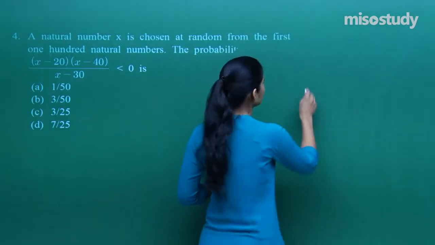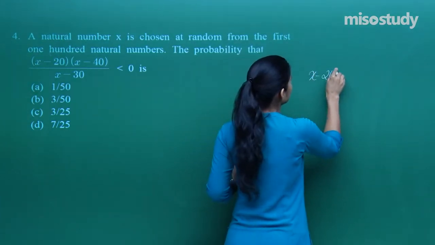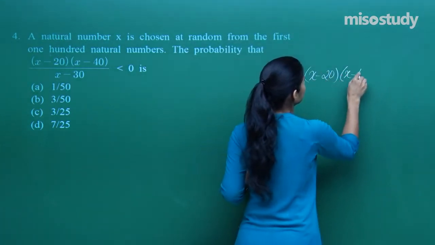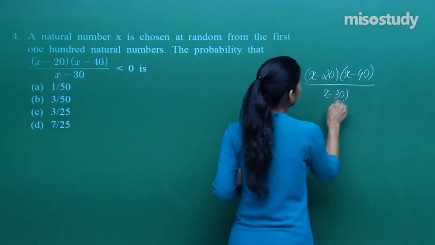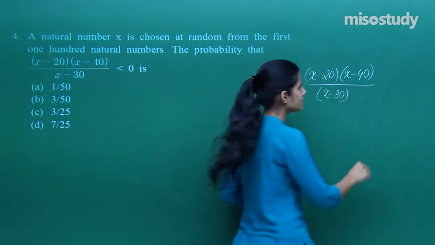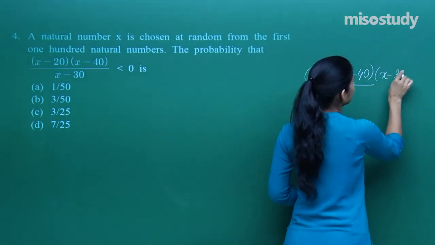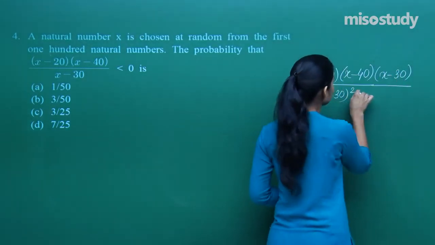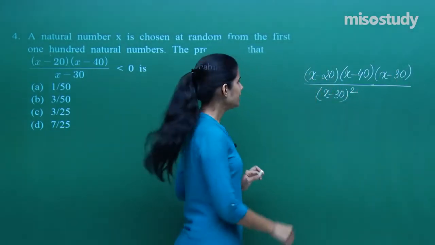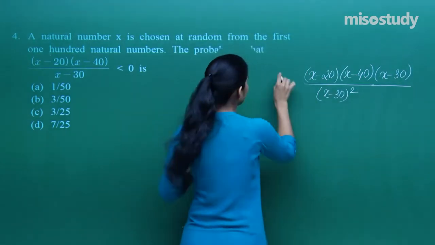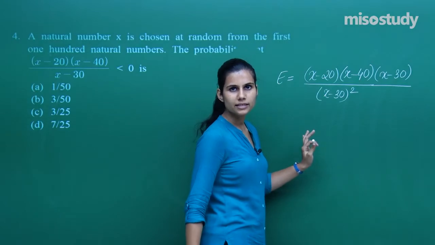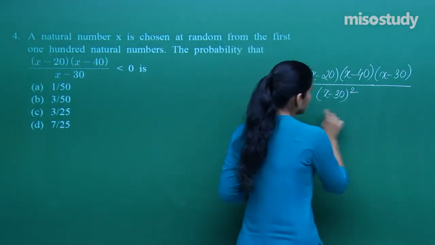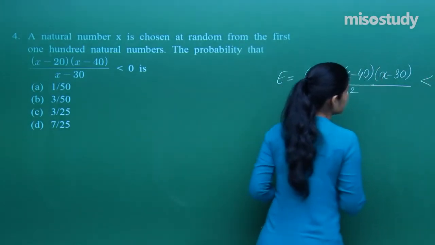Now, if I talk about this expression x minus 20 into x minus 40 upon x minus 30, I can alternatively write it as x minus 30 you multiply with and you divide with. Fine. So, this is my event E. I can say this is my event E. I have just multiplied and divided by x minus 30. Now, this will be less than 0